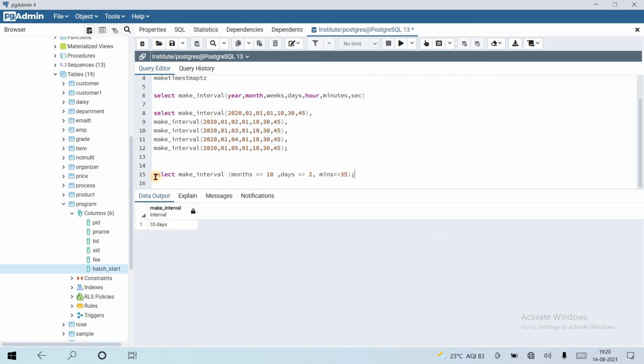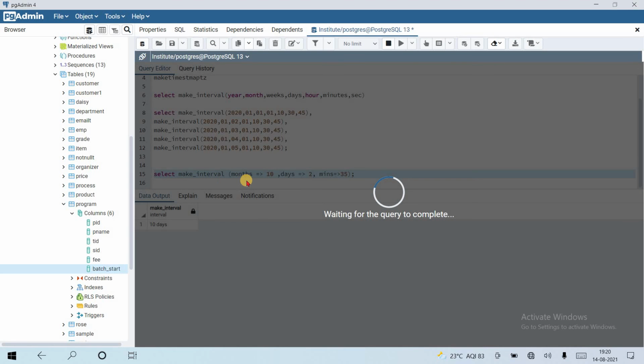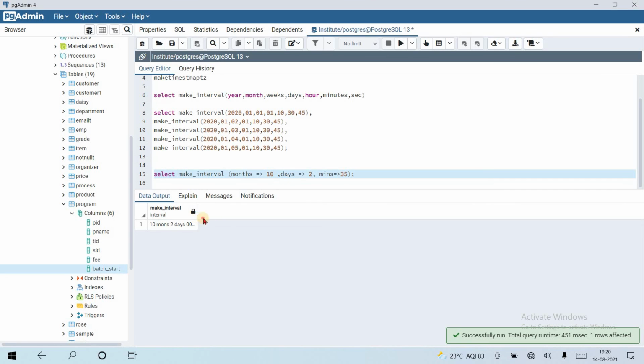Let's run this. Yes, that's 10 months, 2 days, and 35 minutes.